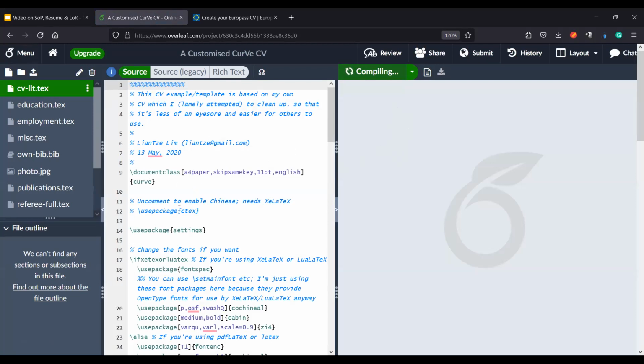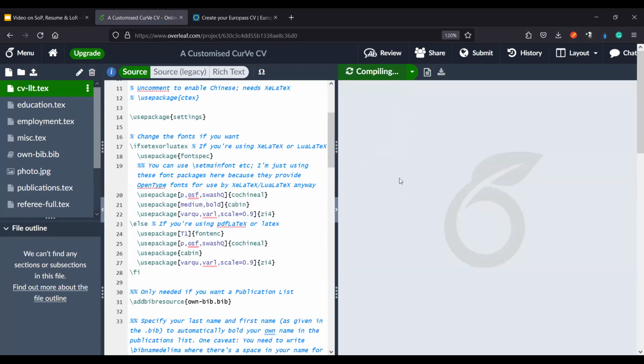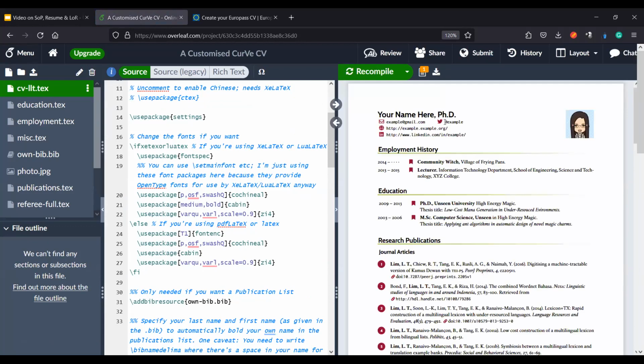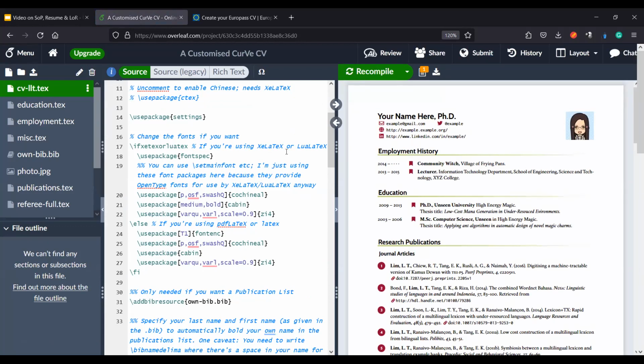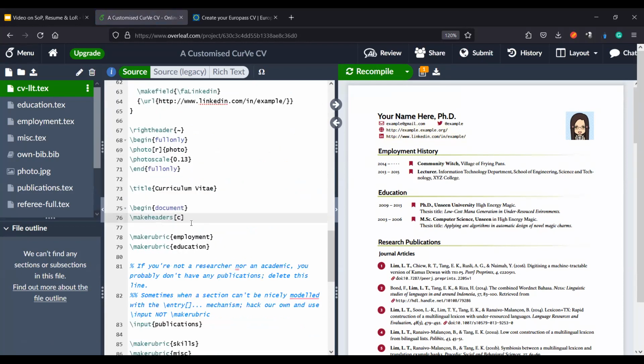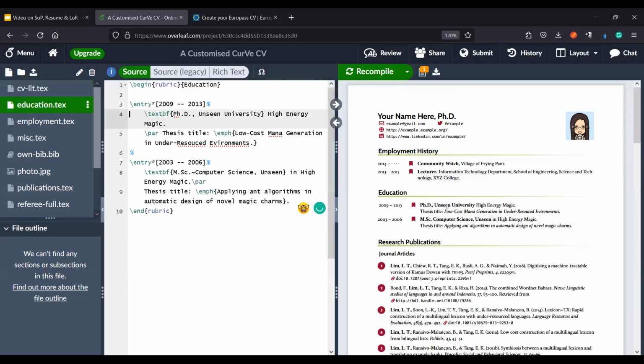And as you click on any part of the code, the complementary part on your resume will be highlighted. And on the complementary side also, if I click here, the corresponding part of your code will also be highlighted. So if you want to highlight and update this part, PhD Unseen University, it has come over here automatically just by double clicking over here. So I can just edit my MS in mechanical